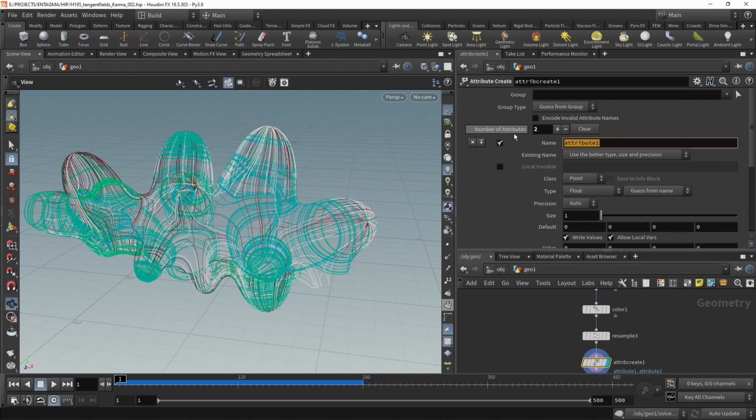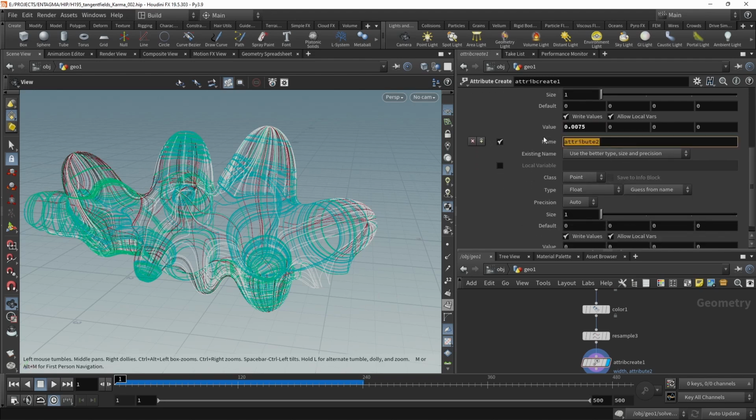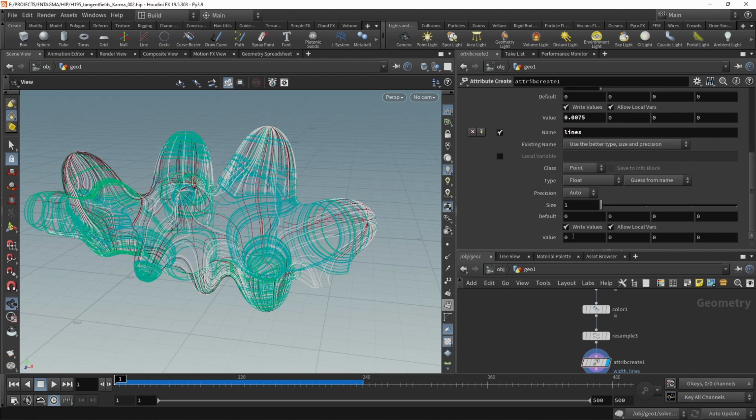Let's call one width. It's a point attribute, a float, that is fine. And down here, I want to set its value to 0.0075. Again, lots of experimentation. When I prepared the setup, this looked fine for me. The second attribute I want to create, let's call it lines, and let's set it to 1 for those lines here, like this. Okay, now my lines are done, and I can shade those, but I also want the underlying